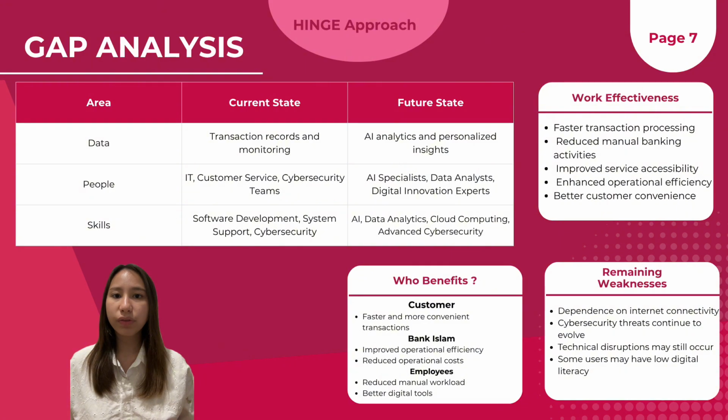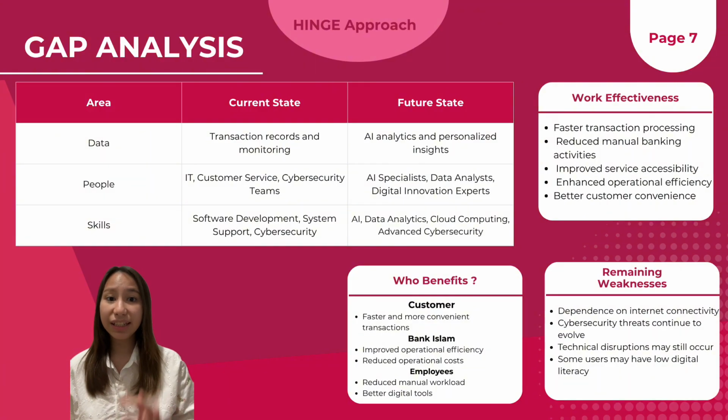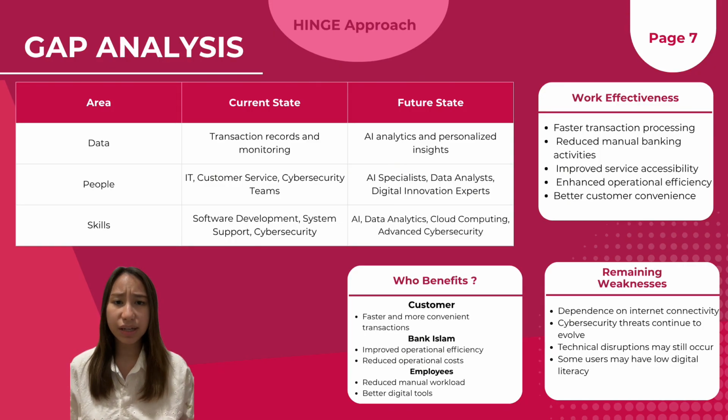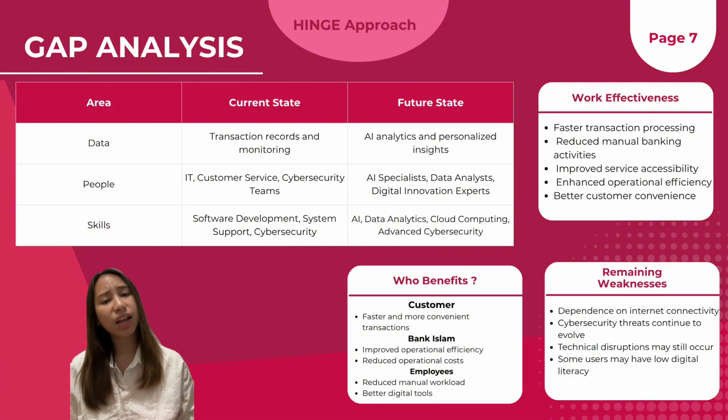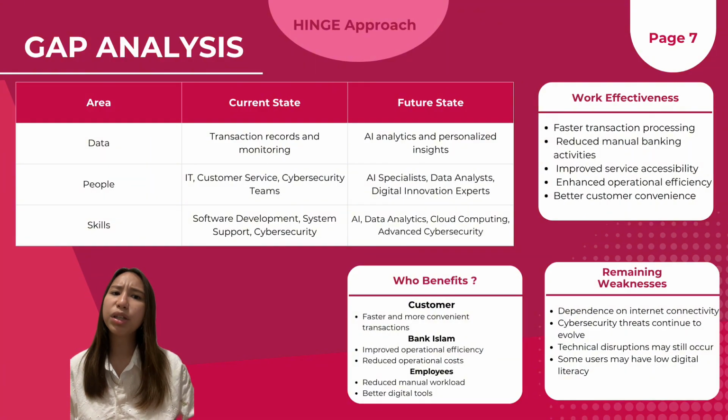The final stage of the Hinge approach is gap analysis. Gap analysis compares the current state of the organization with the desired future state after the proposed digital improvements have been implemented. This analysis focuses on three key areas: data, people, and skills. First, in terms of data, the current system mainly uses transaction data for record keeping and monitoring. In the future, artificial intelligence and data analytics can be utilized to provide personalized financial insight, improve customer engagement, and